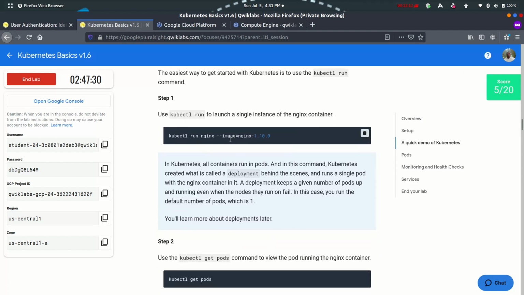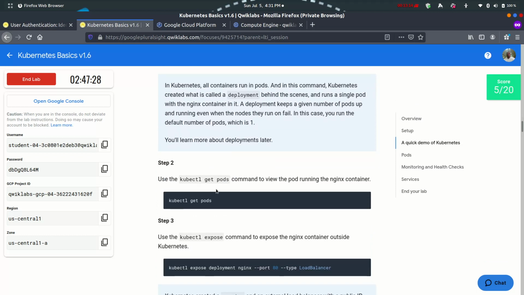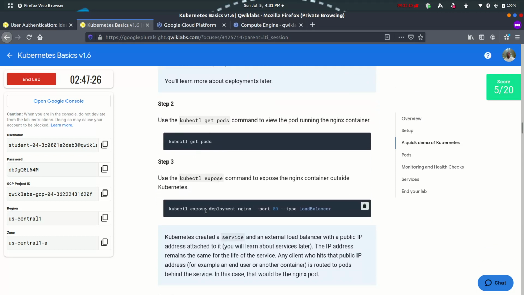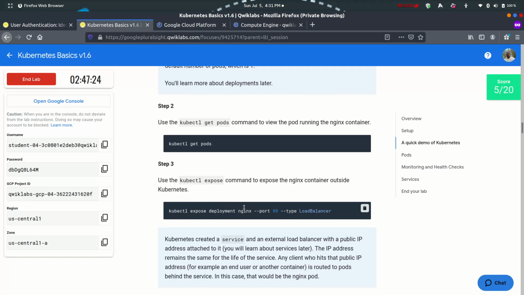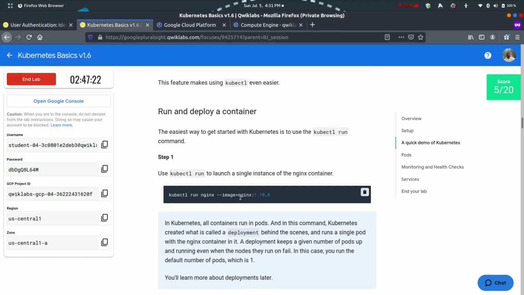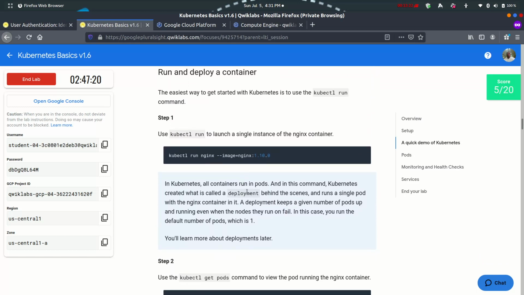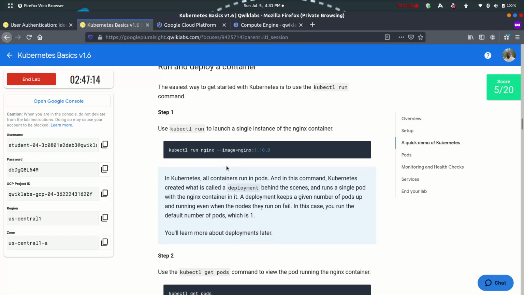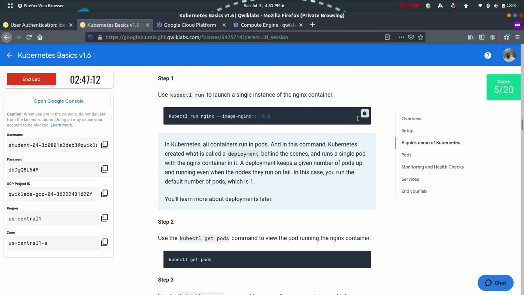Okay, if that's fine, that will go. You get the pods, you expose the deployment. Now this is where the problem is. This is no longer regarded as a deployment in the strict sense. It's a deployment of just one pod, and it's referred to as a pod and not a deployment. So when you do this, click on that to